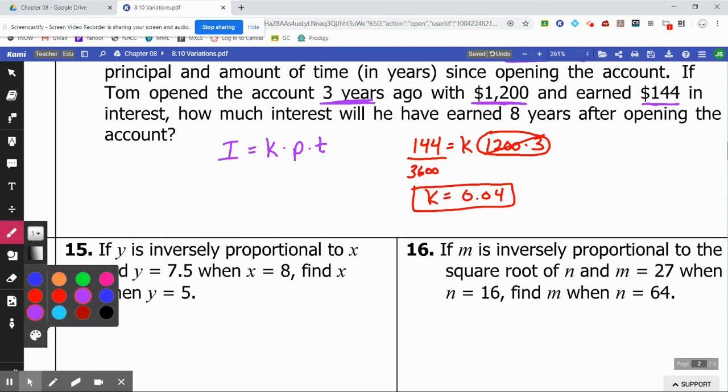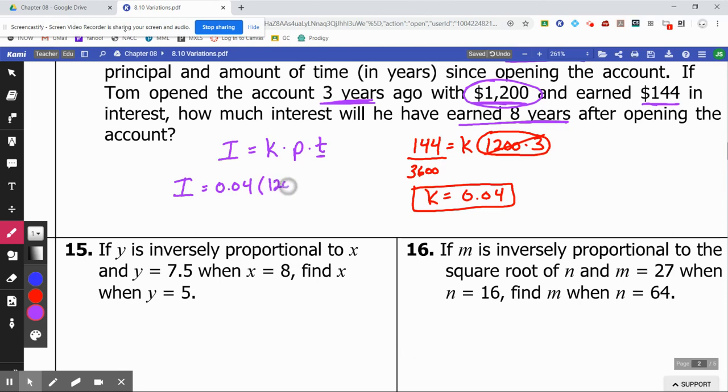Now they're going to ask us how much interest he will have earned 8 years after opening the account. So it gives us a time, but it doesn't give us the principal. Well, it's the same account, so the principal is still going to be $1,200. Our rate is 0.04. The principal, again, is $1,200. That's how much he initially invested. And we want to know how much he will have earned in 8 years. We simply multiply all this together, and we get that the interest would equal